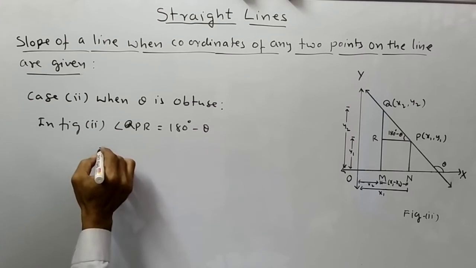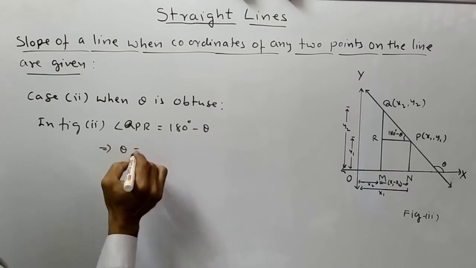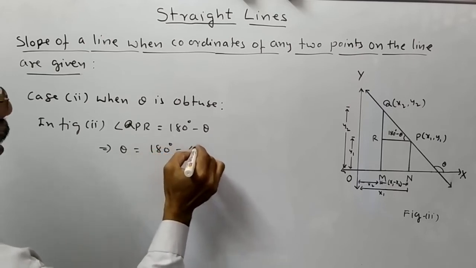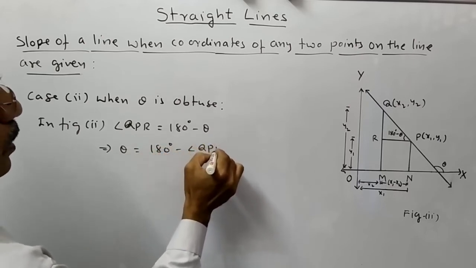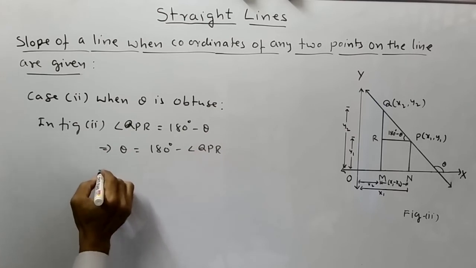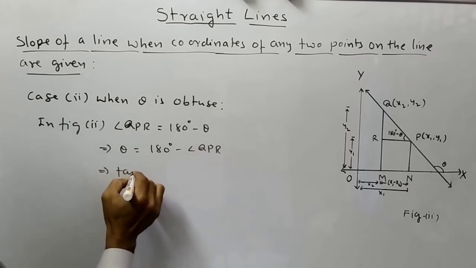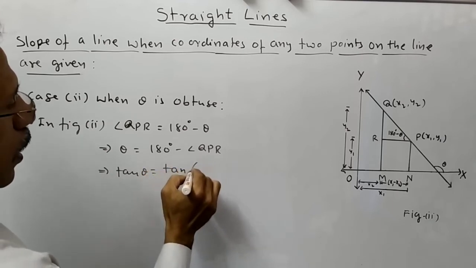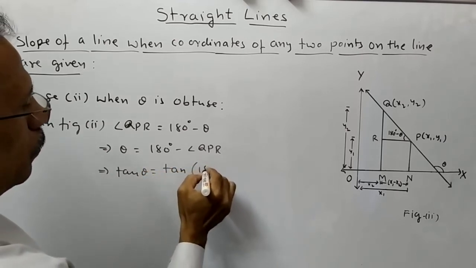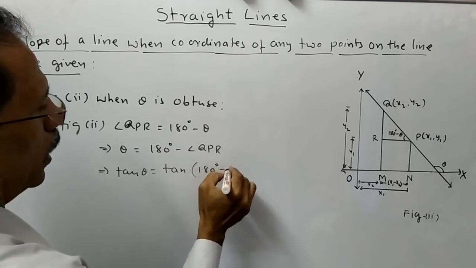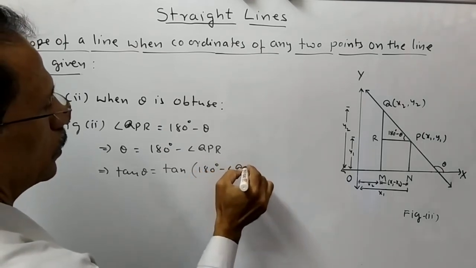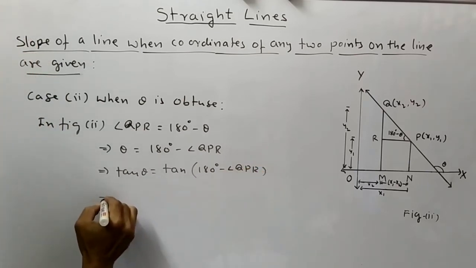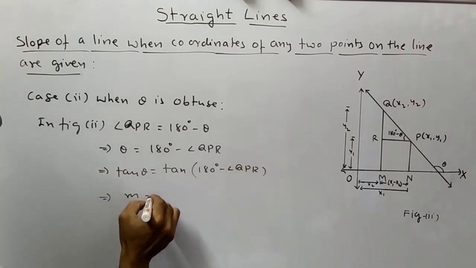This implies theta is equal to 180 degree minus angle QPR, implies tan theta is equal to tan of 180 degree minus angle QPR, implies m is equal to